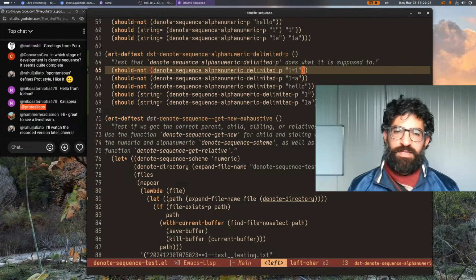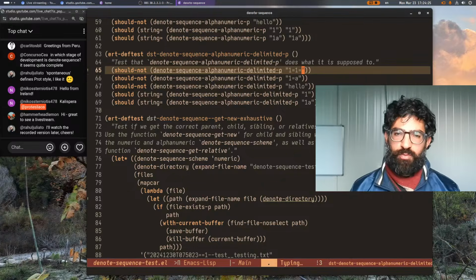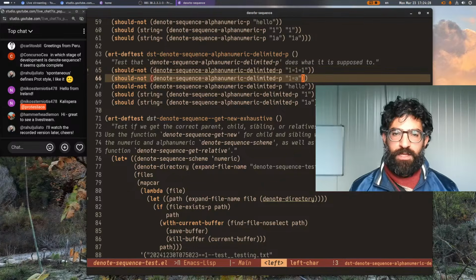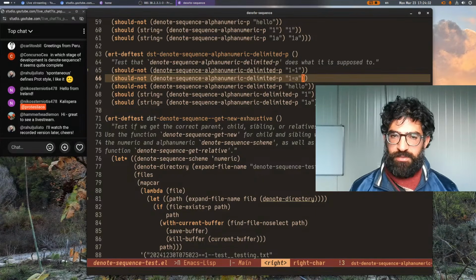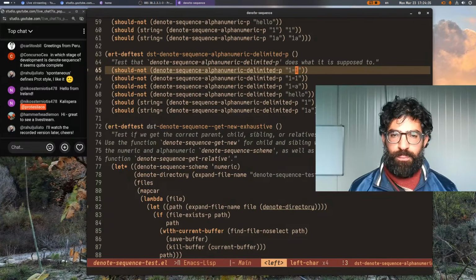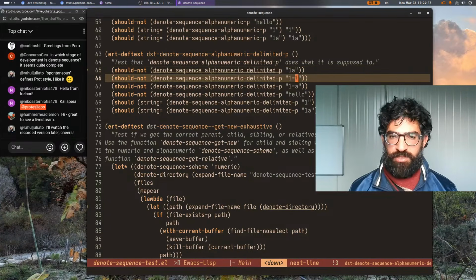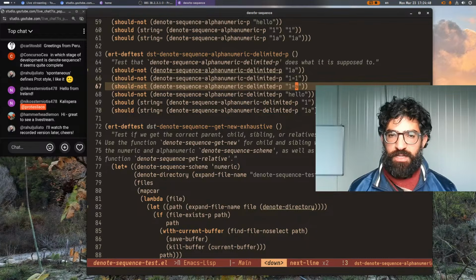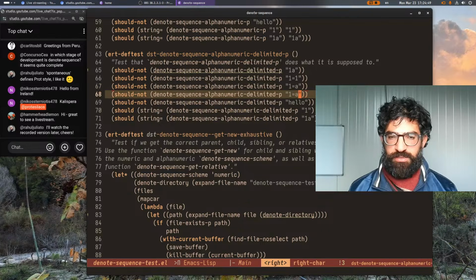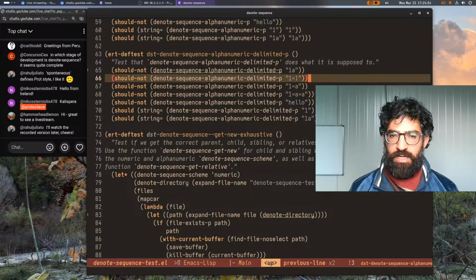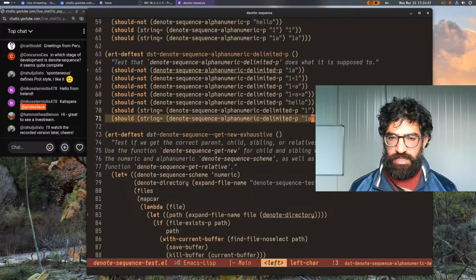So this is delimited, but it shouldn't be like this. No, actually, this is not delimited. This is not delimited. This is not delimited. Let me think. This is not delimited as well. And I think we are good. And yeah, so we are good. I can actually add more tests. So it could be like this is not delimited. And then by extension, this is,